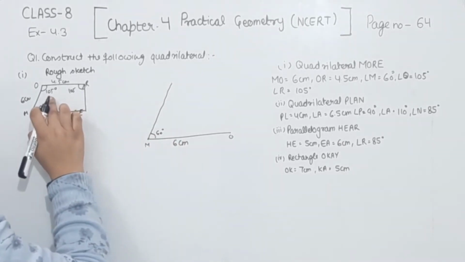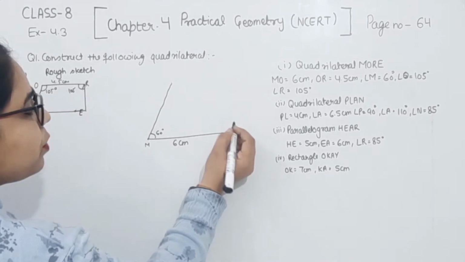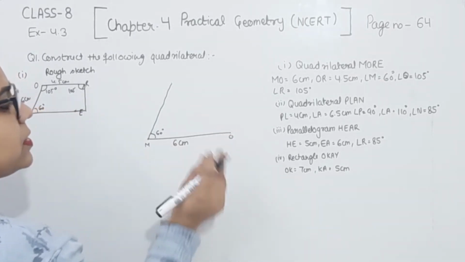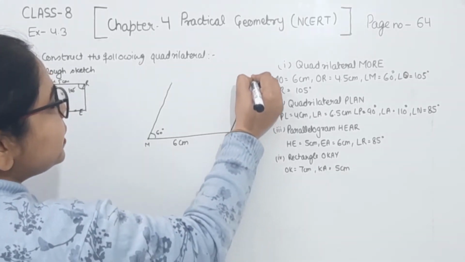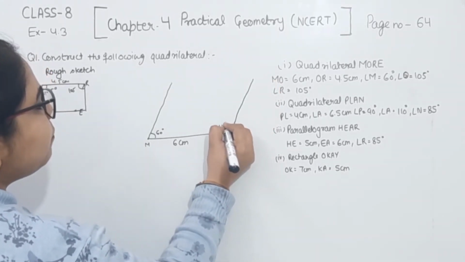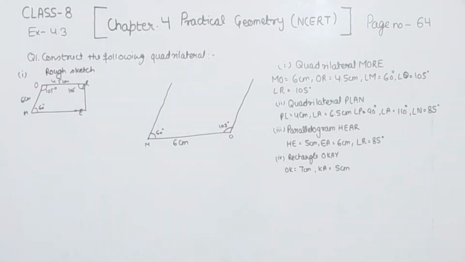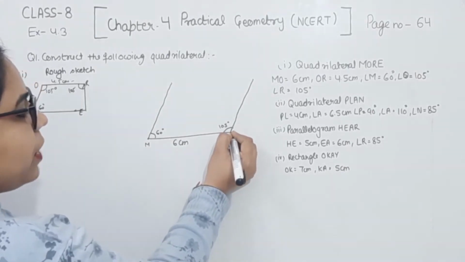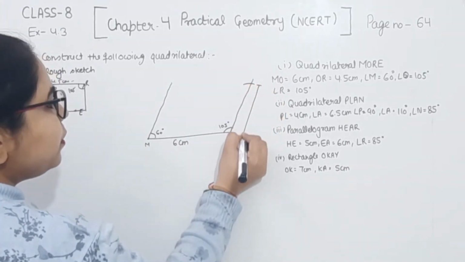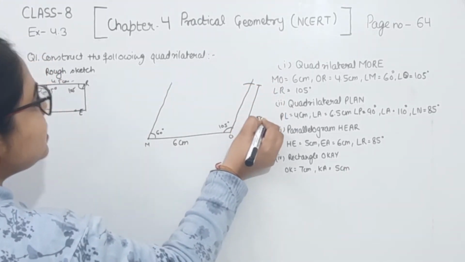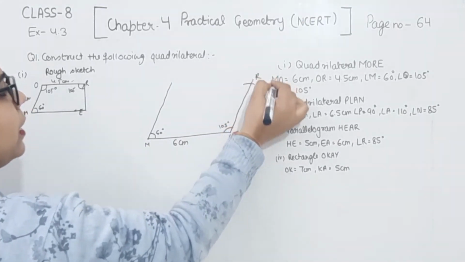Now the angle O, this one is 105 degree we are having. We are going to construct this one with the help of D. We can't construct 105 with the help of the compass. We can construct 60 degree. So this is the angle of 105 degree we are having. Now we are going to take 4.5 centimeter on the compass and O as the center. We are going to put an arc. Suppose this is the arc we are having. So from here to here we are having as the 4.5 centimeter. So this will be the point R.